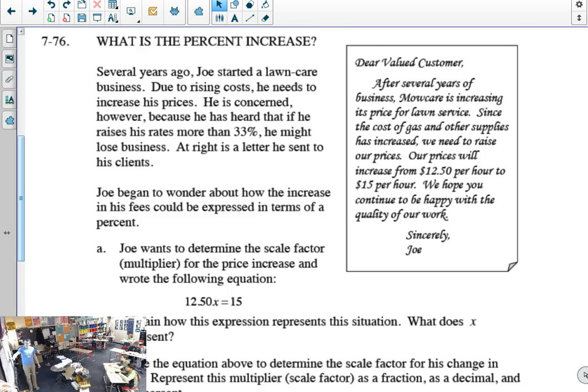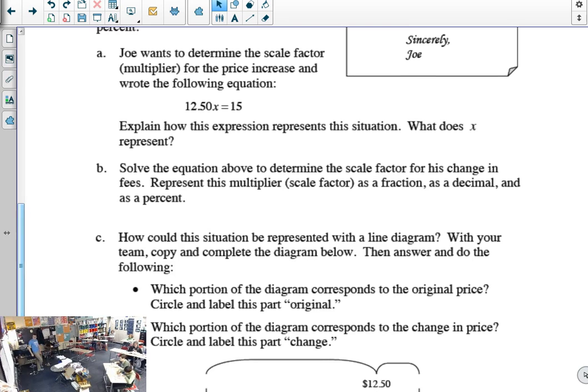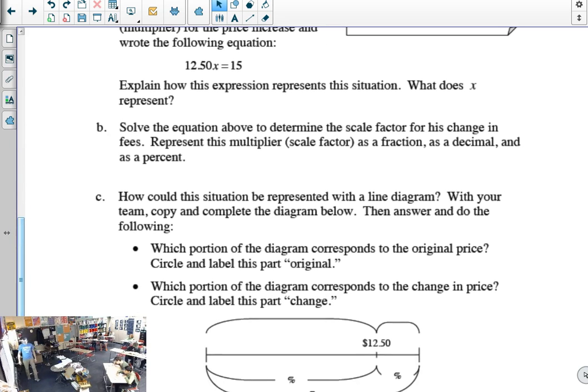Okay. Check this out. Work with your partner. I'll skip my question for a moment. Figure out what that scale factor is. What is x? If you need to use a diagram, there's that, but I would caution you with using that diagram right now. What is x there? We're trying to figure out that scale factor. What did we multiply by?